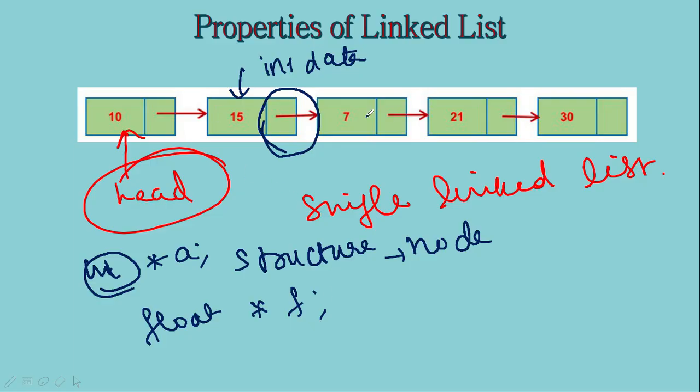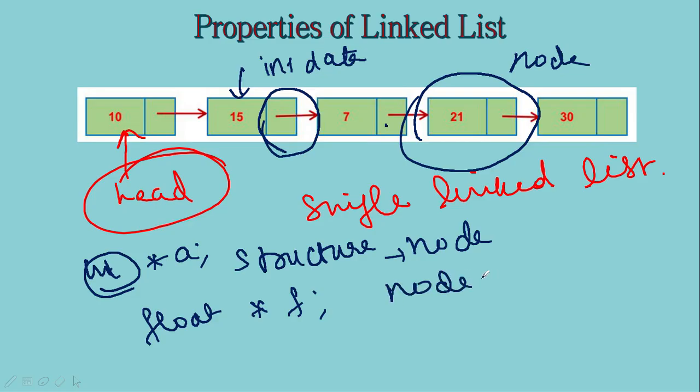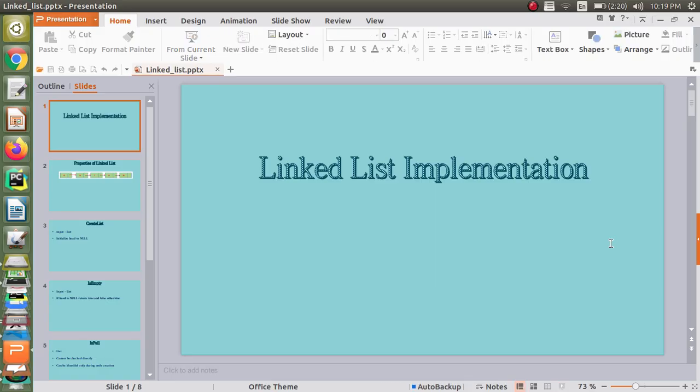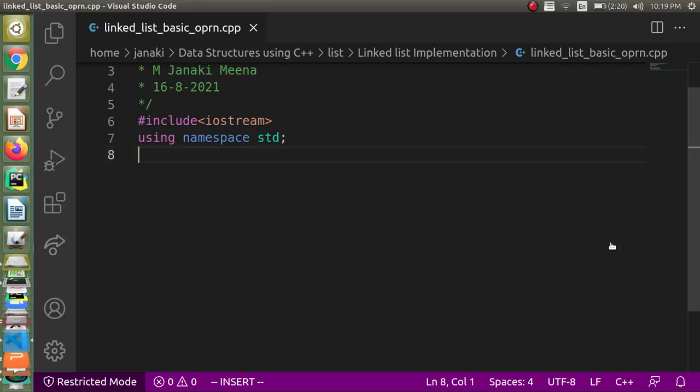When you look at it here, what address is this? It is the address of another node, right? The data type is node. Each and every element here is a node, right? So you have the data part, and then you are going to have the address part. What is the address of? The address of a node. So node star, and we are going to use the name next, because it is holding the address of the next node. So we can start the implementation.